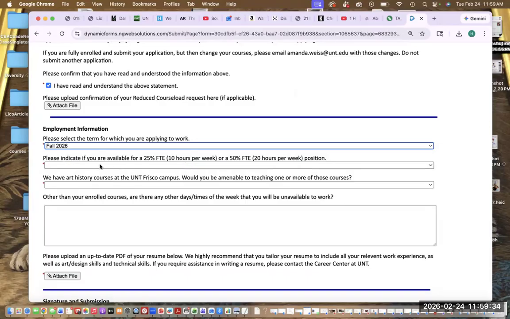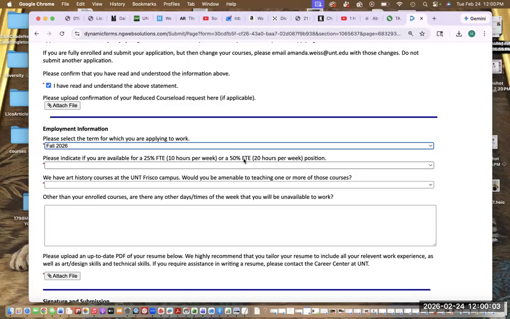So this next drop down is where we've had a few problems. What I want to do is explain in great detail why it's important that you choose one of these two options. Most of our students in the college choose the 50% FTE. The reason why they do that is, number one, it gives them the tuition benefit package benefit, essentially, which pays for part of their tuition payment.